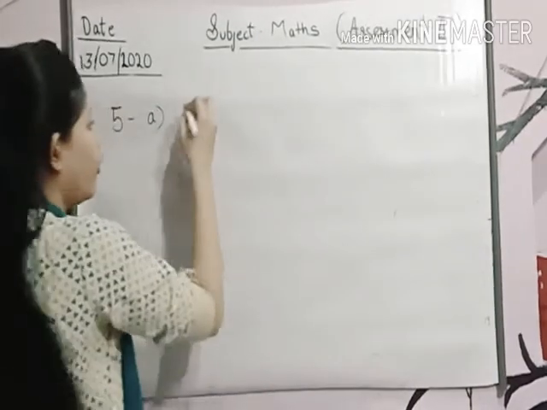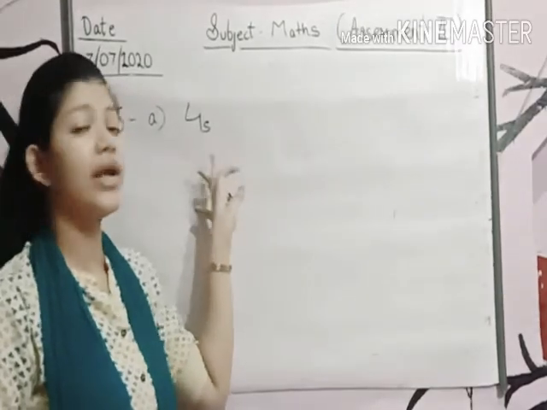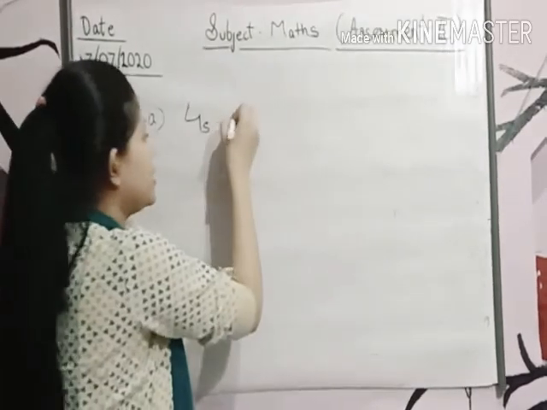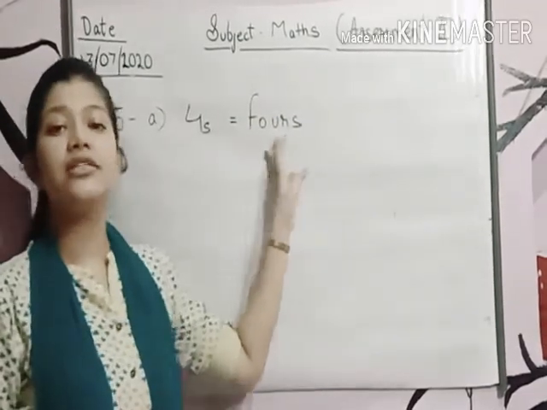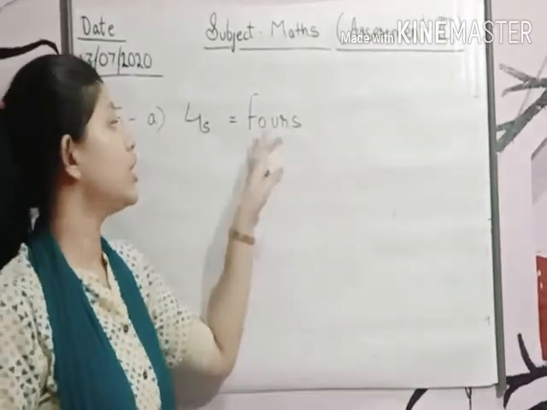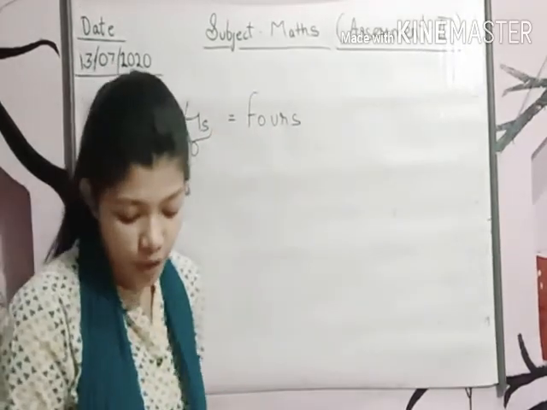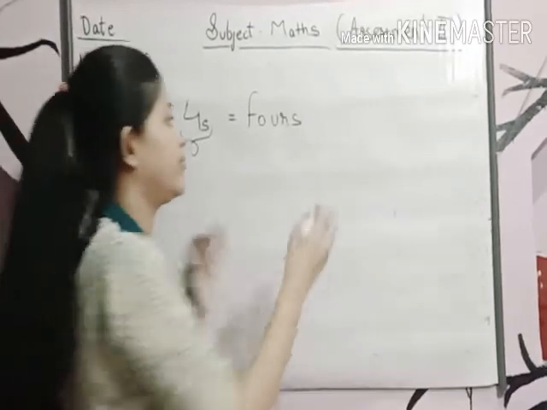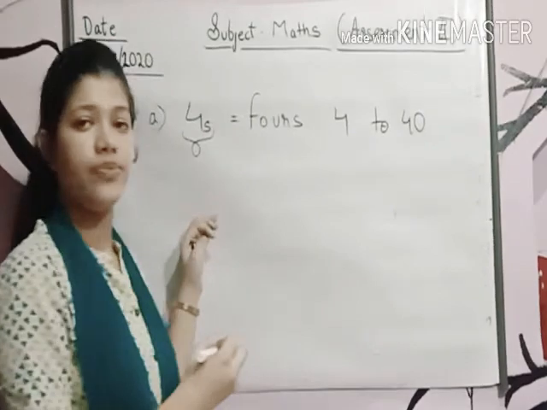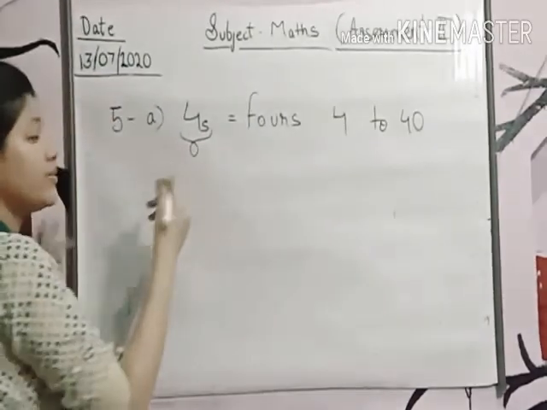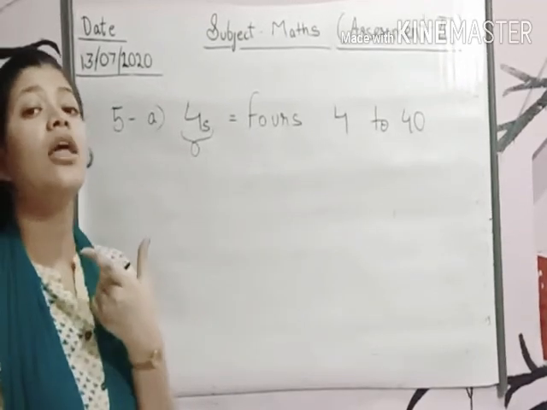Now see, here 4s is written over here. You will not read this as 4s. You will read it as 4s. Okay. So now it means you have to write the table of 4 from 4 to 40. Means you have to start from number 4 and end up to number 40. Okay. So let's start. 4s means plus 4. Means here the repeated addition will be of number 4.